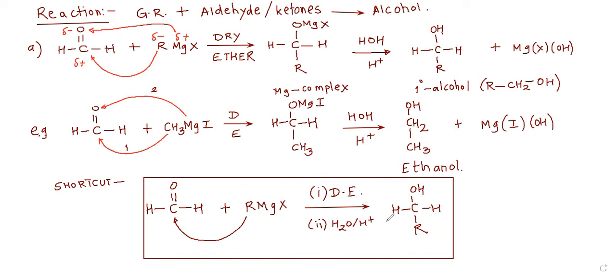एग्जाम में अगर करना है तो आपको ऐसे फास्ट करना पड़ेगा. You take the compound, connect R here, make double bond O as OH. See, that's what I did here. And this is what I showed. This is called shortcut. That means you are not writing the full reaction mechanism. You are only writing it with quick way.